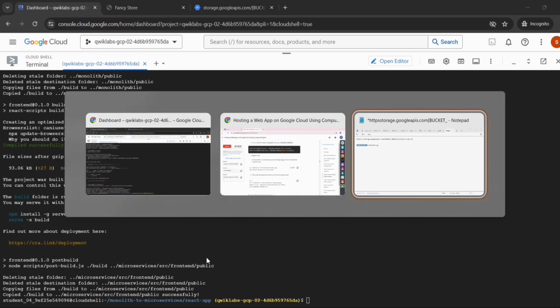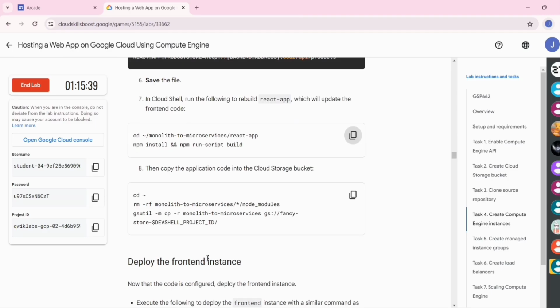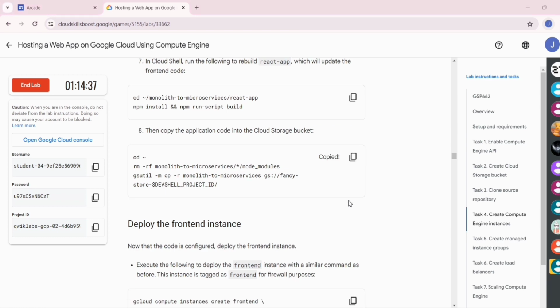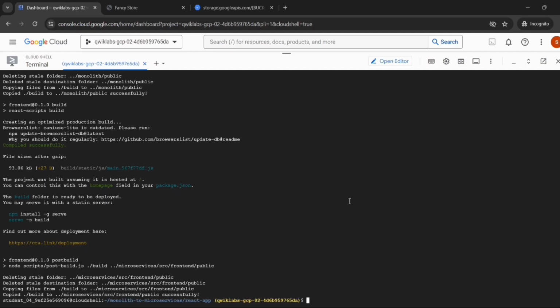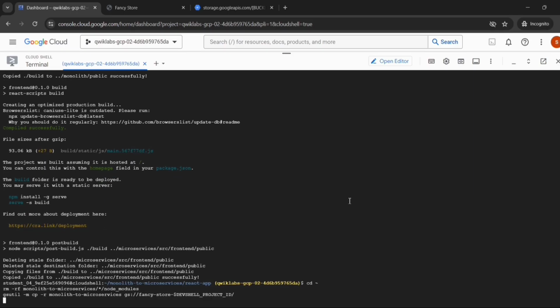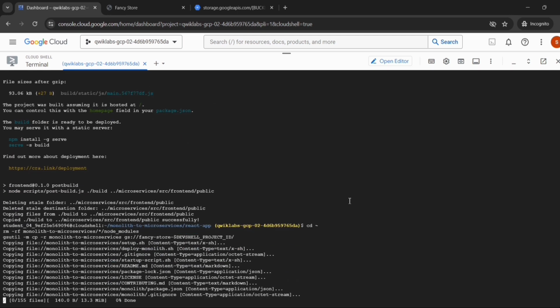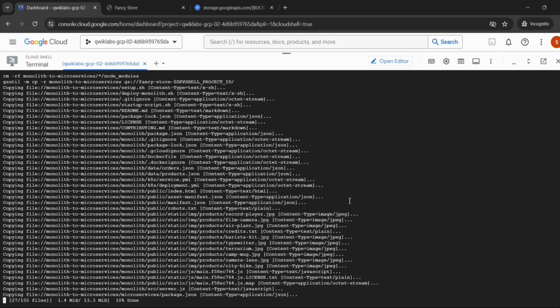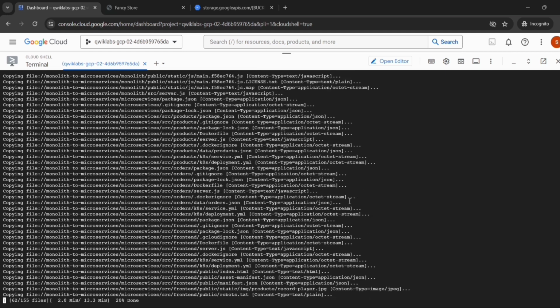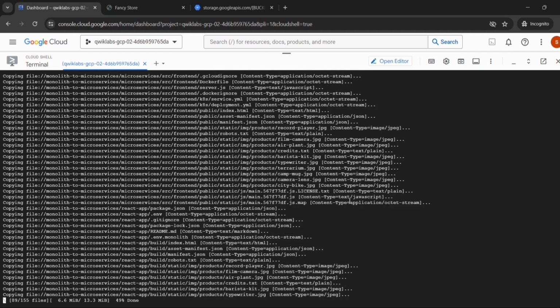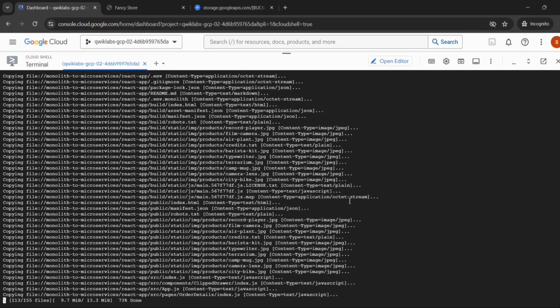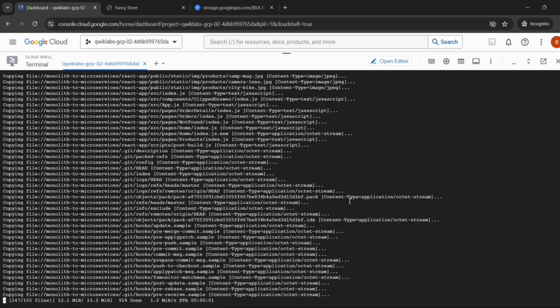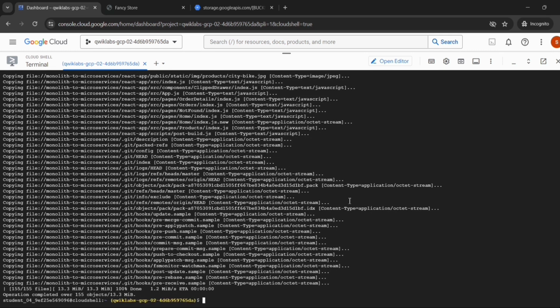Now go back to the lab instructions. Copy the 8th command, go to the Cloud Shell, paste the command, then press enter. Now our application code will be copied into the cloud storage bucket.